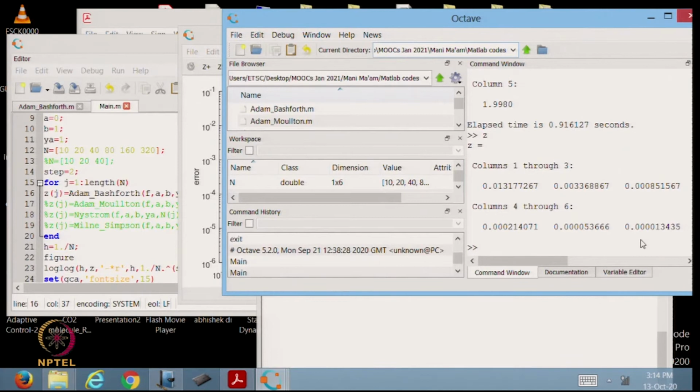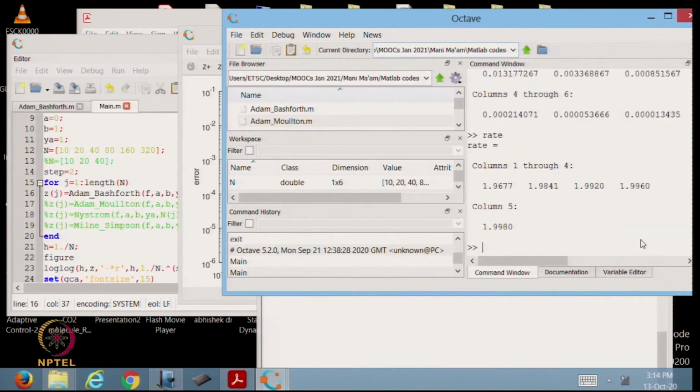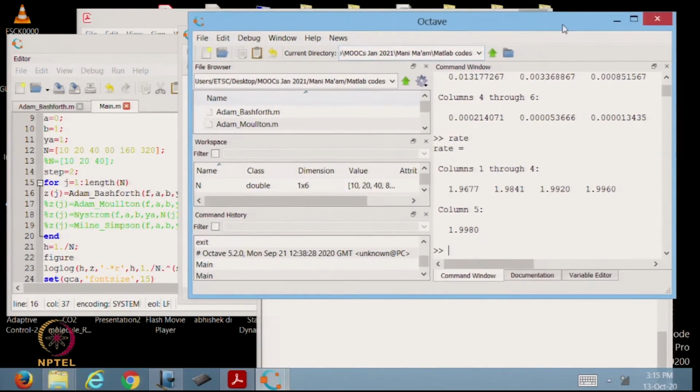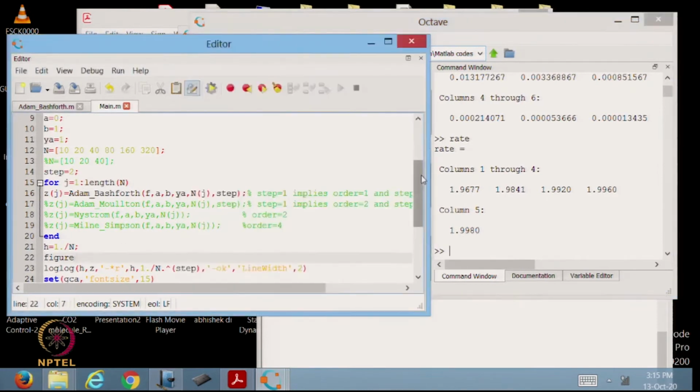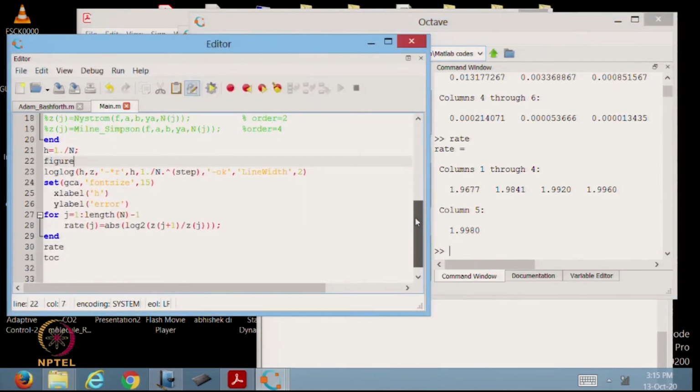That is called the convergence of AB2, which is an Adams-Bashforth method of order 2. Order 2 we can also verify numerically just by looking at the rate, which we are also computing in the following program. So, the rate is also close to 2 as expected, which we are computing here.